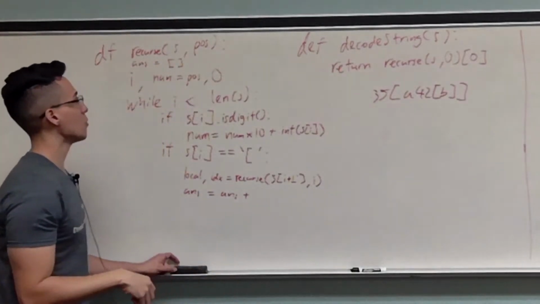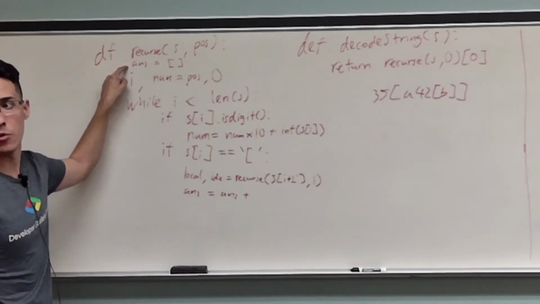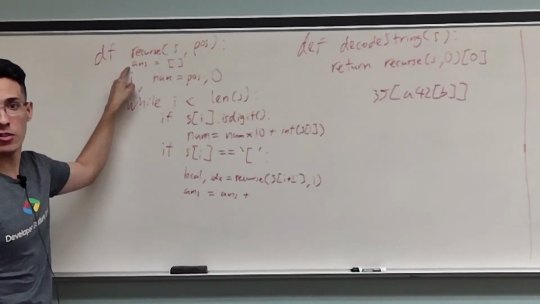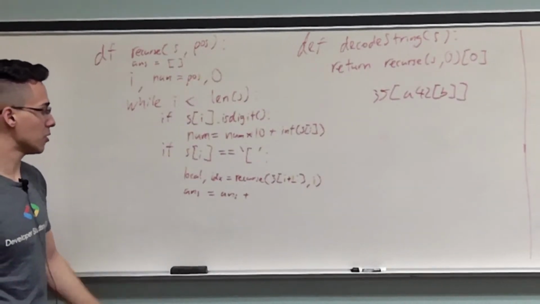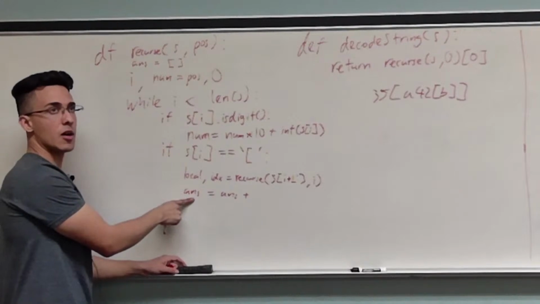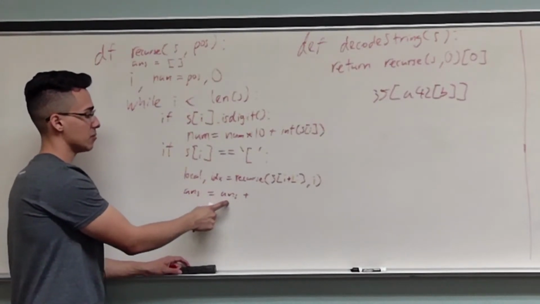Actually, I did not do this before. But before, we have to get an empty array, and we can turn arrays of strings into one singular string, and I'll show you how to do that right now when this is done. But this list, right, this array can equal the array plus,